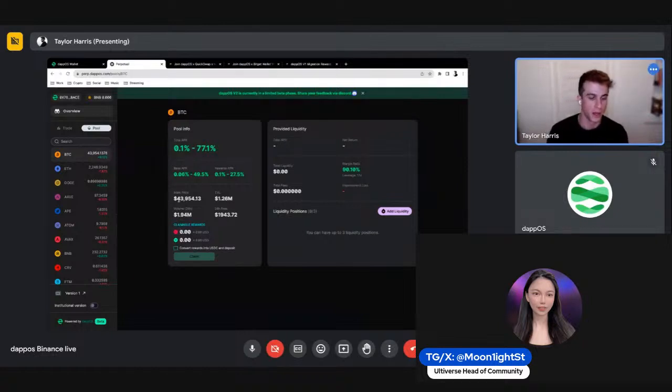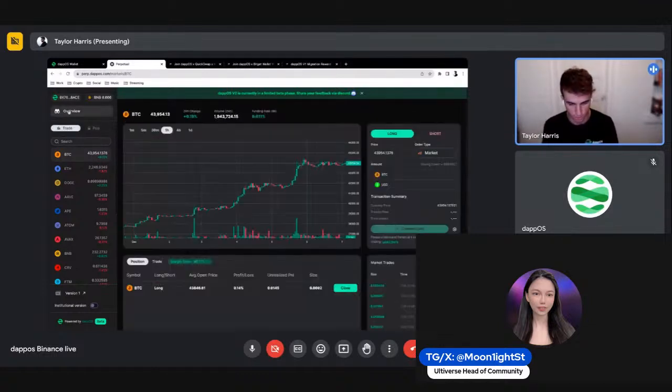Although perpetual and QuickSwap are on different chains, it doesn't matter because dappOS creates this unified account where I'm able to access all of those chains in one. So that's how it crosses over between the two. This is just a short example of what can be done on perpetual.